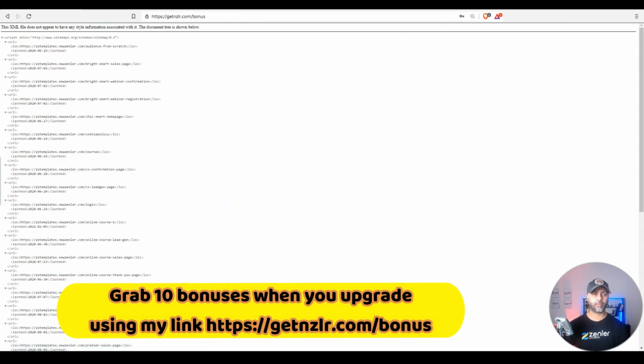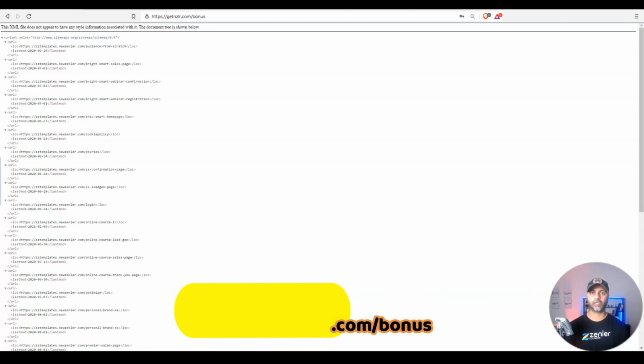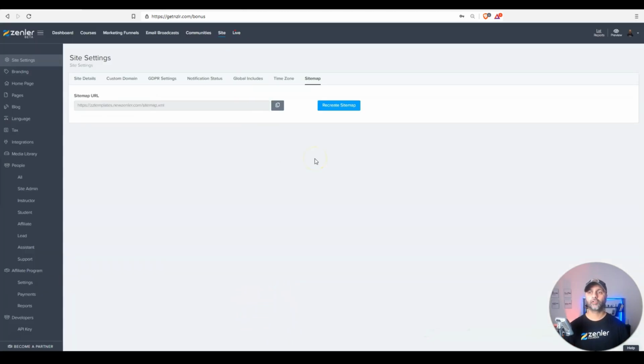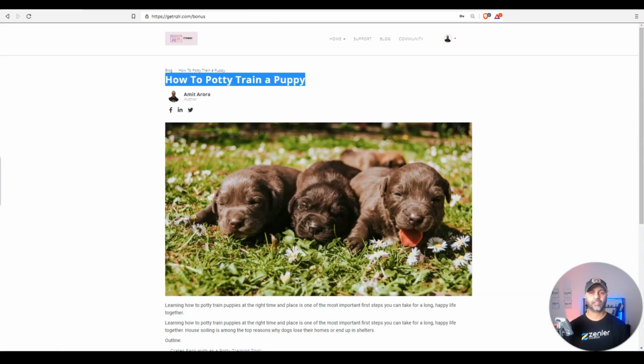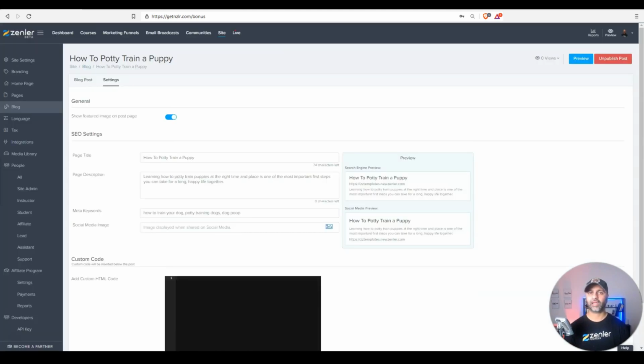That creates the sitemap, and everything else is taken care of on the new Zenler side. So now your site is ready for Google to crawl because you have a sitemap.xml file. That's how sitemaps work. No technical knowledge required. The other thing we can do here is we can, under settings for this blog post,